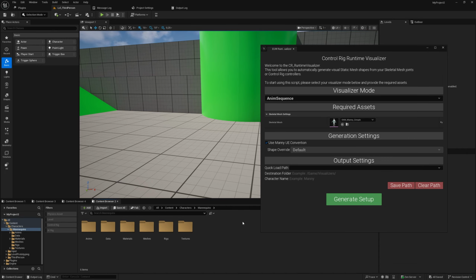Now that the generation settings are ready, we just need to define where to save our assets. You can manually copy and paste your destination folder, like game, character, and other. Copy this file path and paste it directly in the destination folder. But to speed things up, I've included a Save Path button. Clicking this saves your current path to a quick load drop-down, just here, and it is permanently stored in your